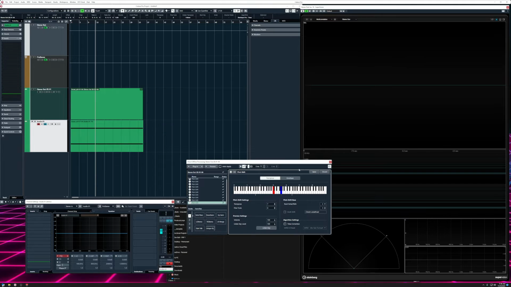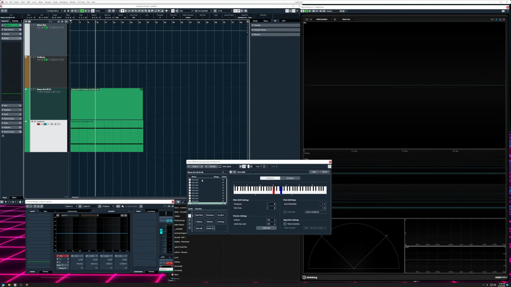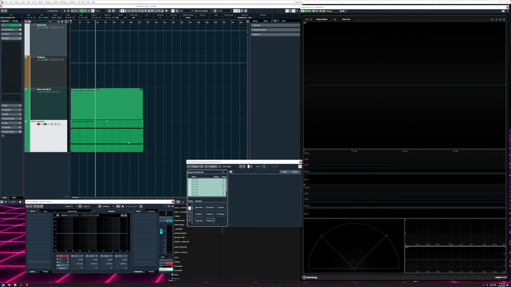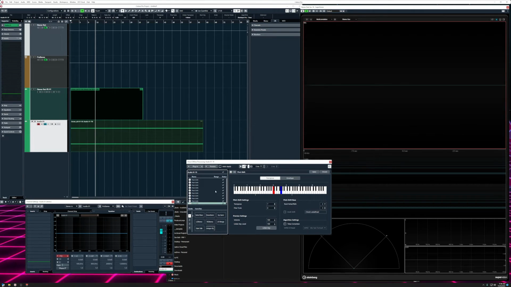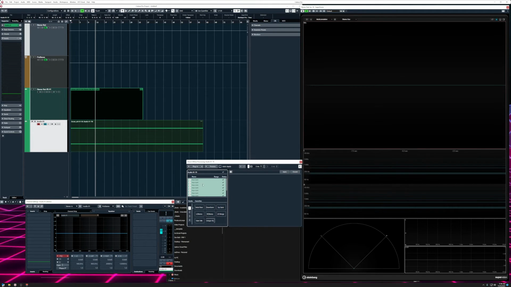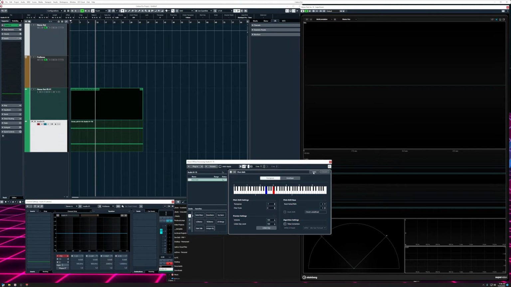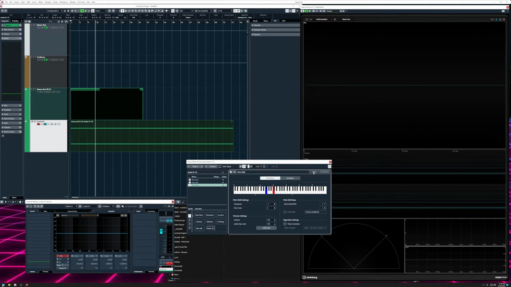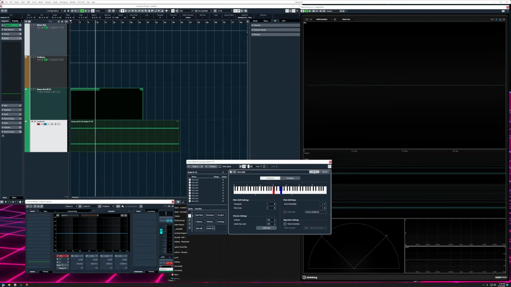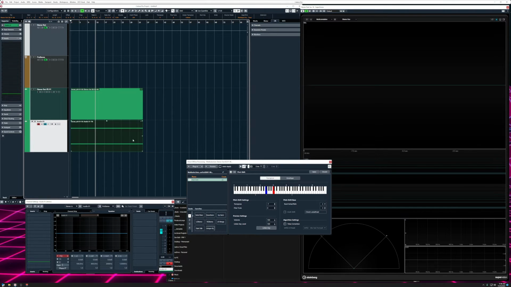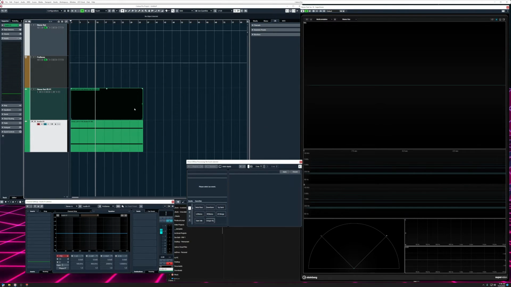Okay, now let's do the same thing with this. We should just be able to copy all these and then paste it here. I'm not sure if it worked or not. Sometimes it has a visual bug. Okay, we'll just do it one at a time. 1, 2, 3, 4, 5. Then we'll go up 5. 1, 2, 3, 4, 5. Okay, I'm going to bounce these in place now to finalize those edits.